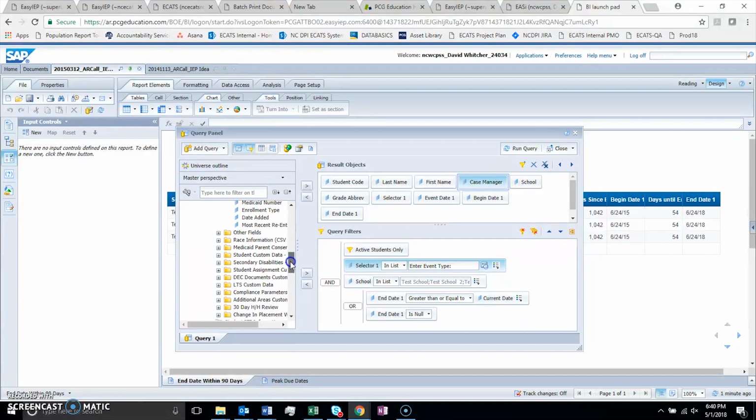However, as you start scrolling, you will see information that originates out of ECATS. So information related to students' IEP, information related to goals, to services, participations, and so on. Those will all be discrete data elements that you can pull into reports and then use in an aggregated way. There are a couple of ways that you can do this. Of course, there's the report that we've built, and I'll show you another similar type of example of